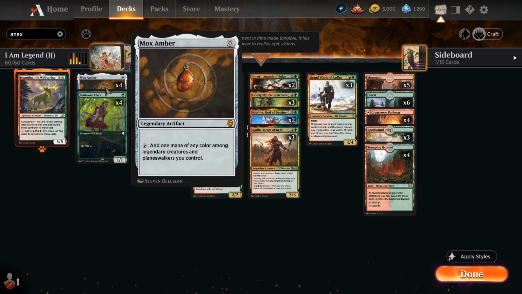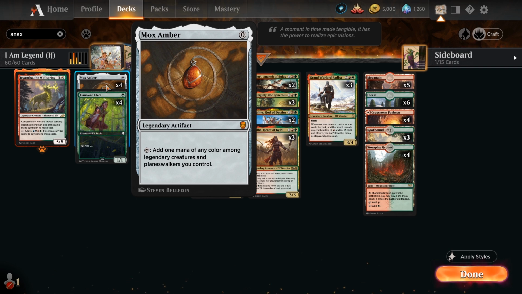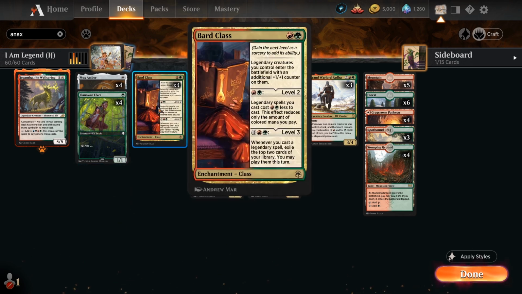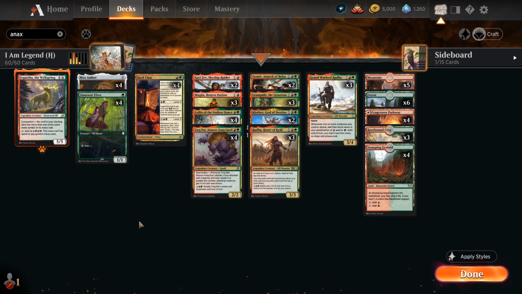As we said, we got the early game ramp here. We even have Mox Amber, which adds mana based off of the legendary creatures or planeswalkers we control. So the only time this doesn't really work is if we have only Llanowar Elves and Bard class in play, or we have a Klothys that isn't animated, because Klothys is not a creature as long as your devotion is less than 7, so it doesn't trigger the Mox Amber there, but really nice, allows us to go for an early game